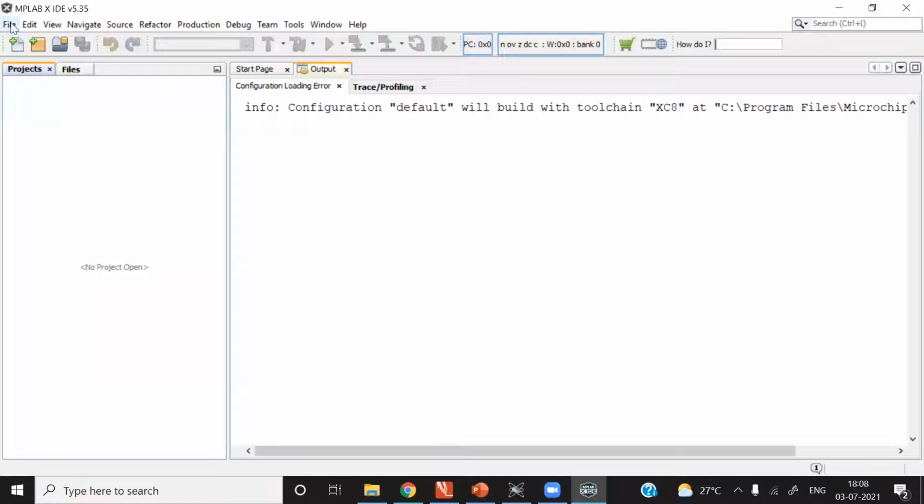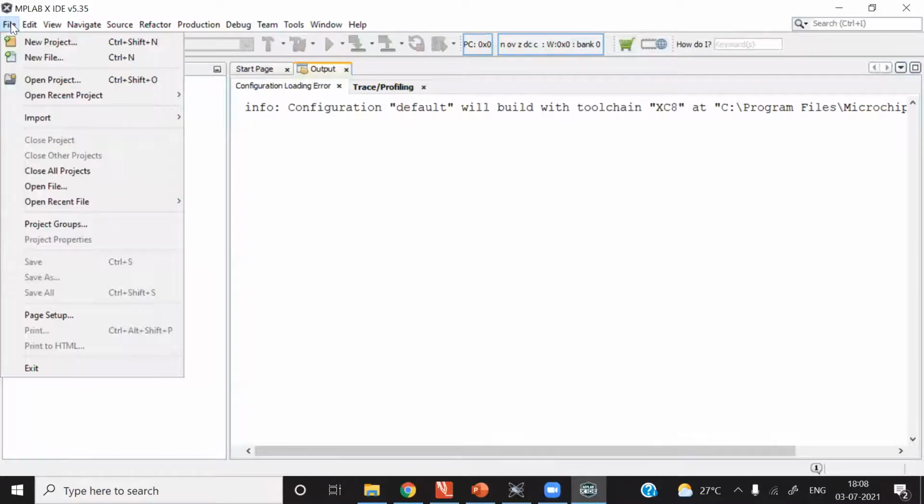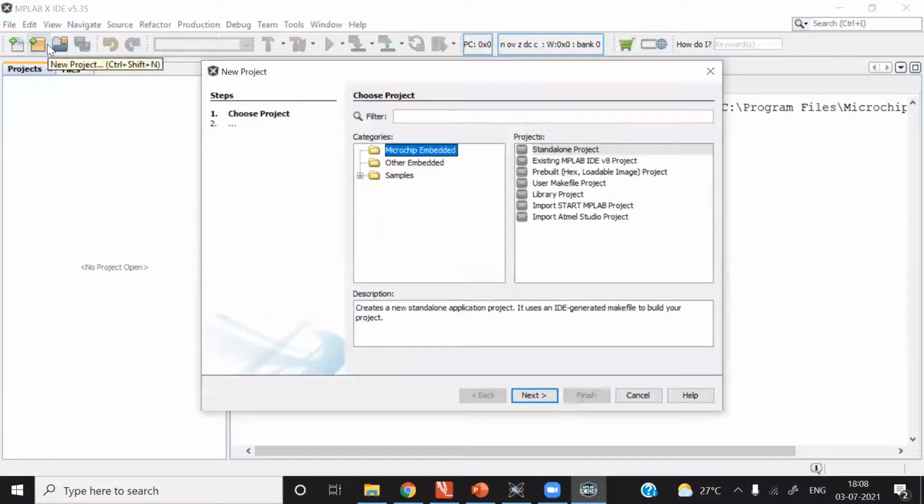To create a new project, click on the File menu. Select the first option, New Project. After selecting New Project, this wizard will open. In this wizard, there are three categories given: Microchip Embedded, Other Embedded, and Samples. By default, Microchip Embedded is selected.